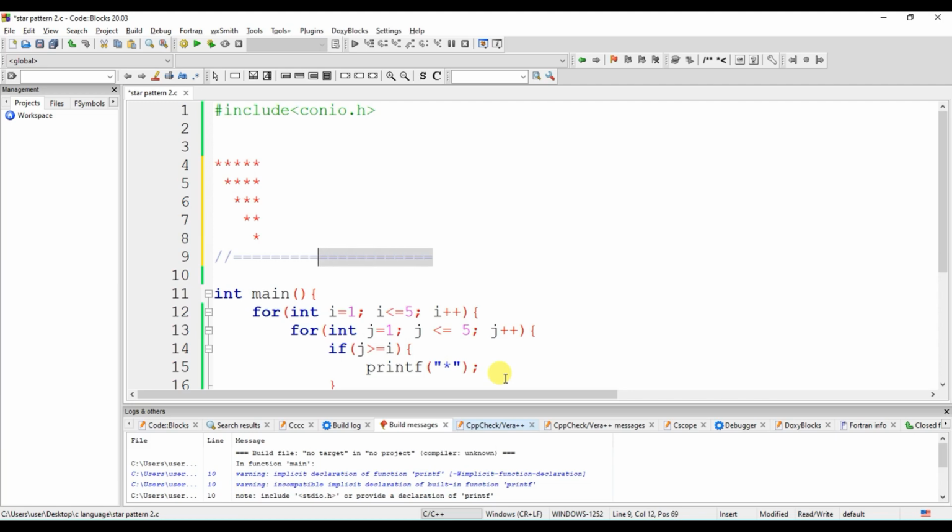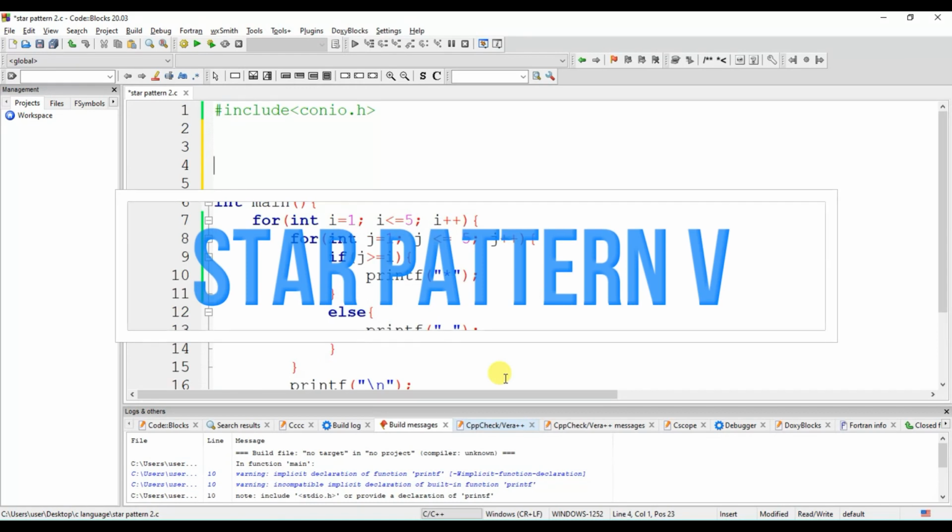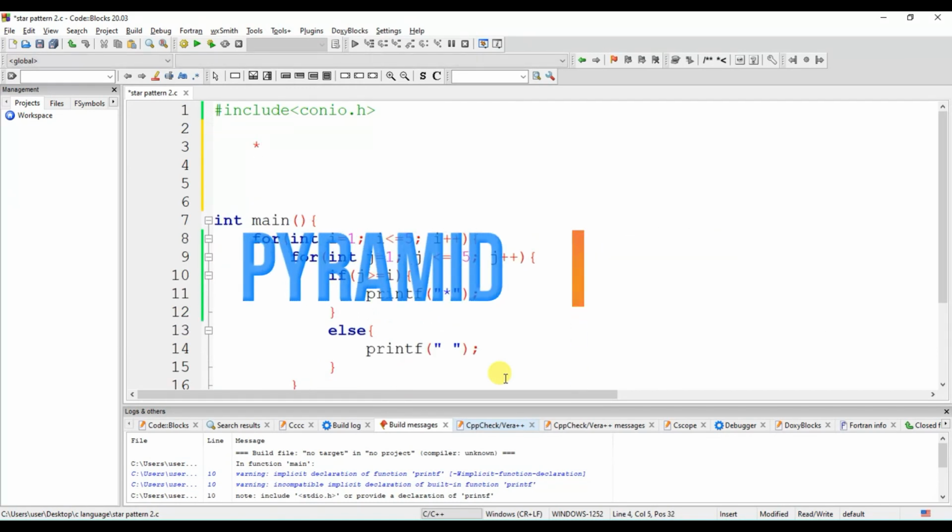So in the last video we have seen this star pattern, and we have successfully achieved the pattern by our code. So now we are going to create a pyramid star pattern, kind of this.